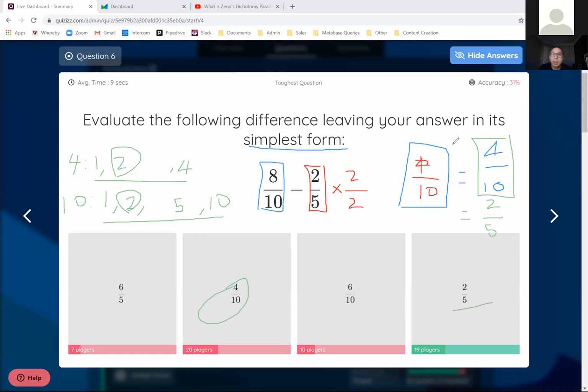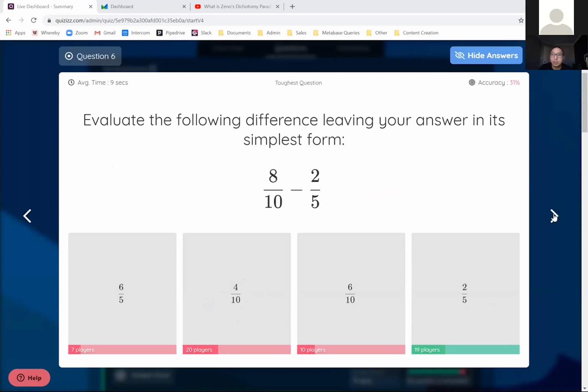Clear my drawings. All right, let's go. Evaluate the following, leaving your answer in its simplest form. So same thing, we're doing the same thing, but subtraction. They're different denominators, meaning we're trying to subtract different types of fractions. We can't do that. We've got to subtract the same type of fraction. Now, we've either got to make them thirds, make them both halves. If we can't do that, we want to make them both the same